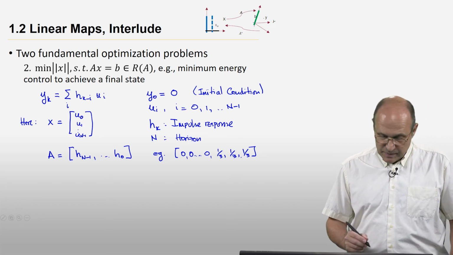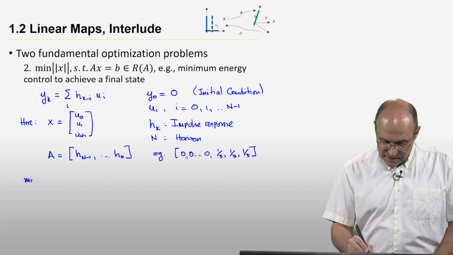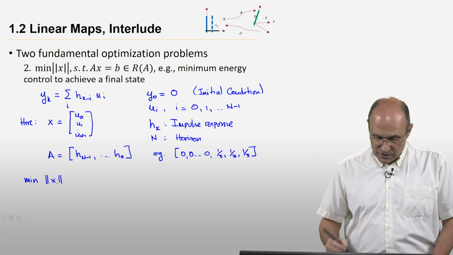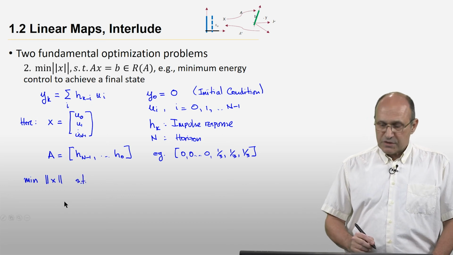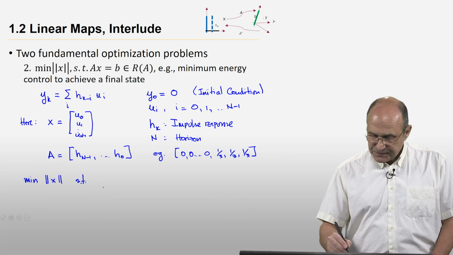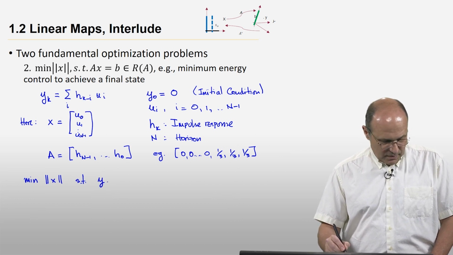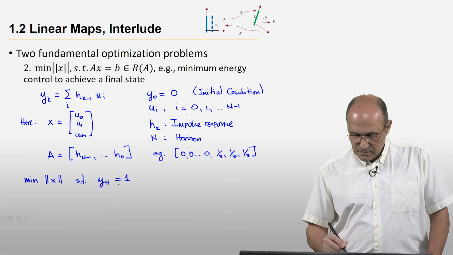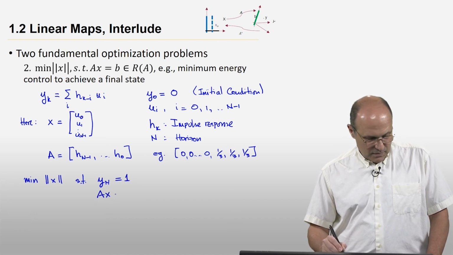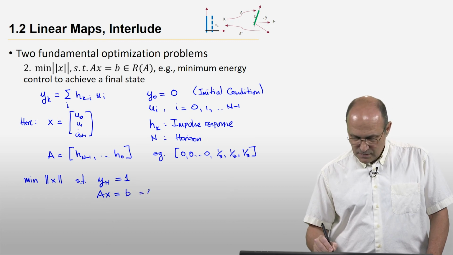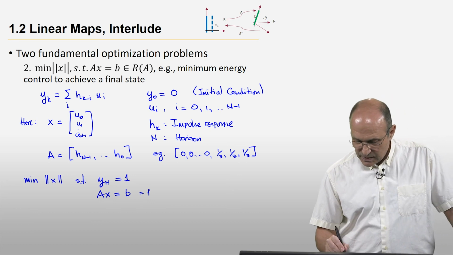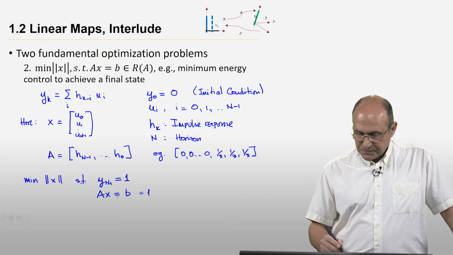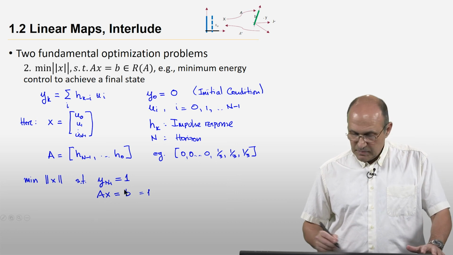So what I want to do with a problem like this is now minimize the energy of X, the energy of my controls, subject to the condition. I'm starting with initial condition 0. And I end up with the output 1. So, well, then minus 1 here. So my condition is AX equals B with these particular values. Pictorially, what that means